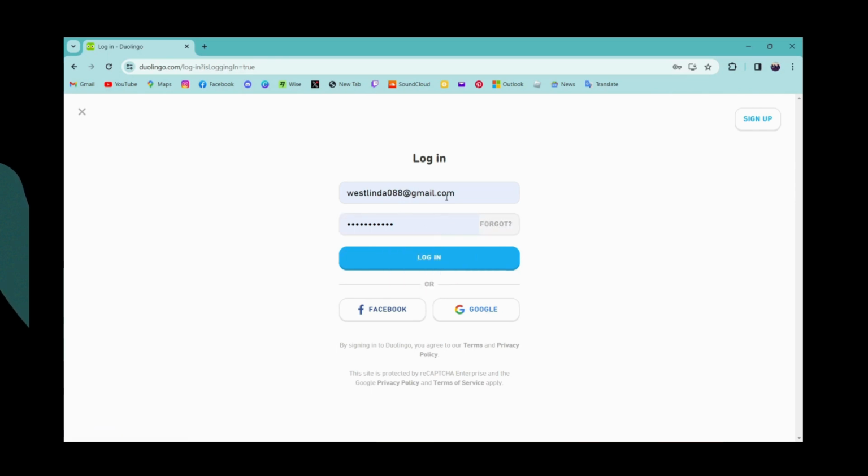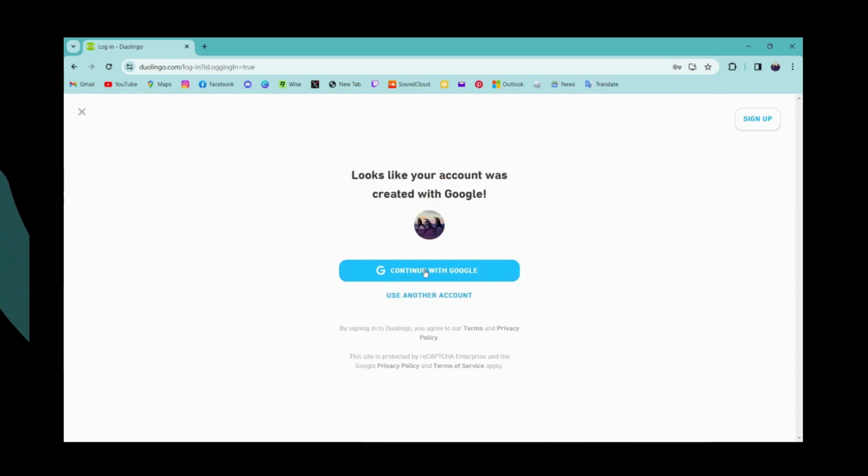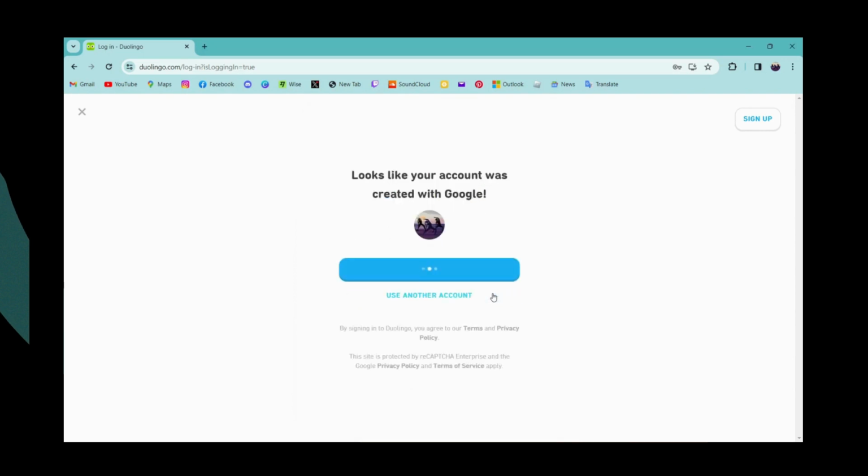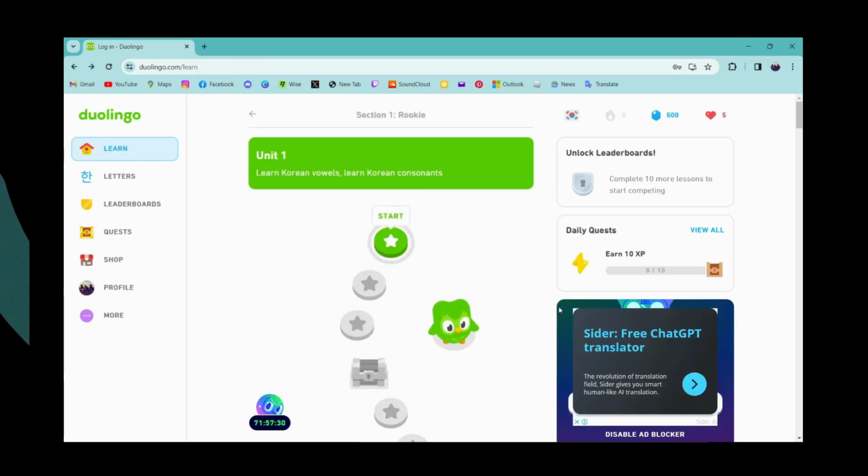And if you don't want to log in with your email, then you can go for Facebook or your Google to log into your account. But I'll be entering my email and then password. And once you've entered that, click on login so that you'll be logged into your account. And click on continue with Google. Choose your Google account and then click on confirm. And that's it. That's how you log into your